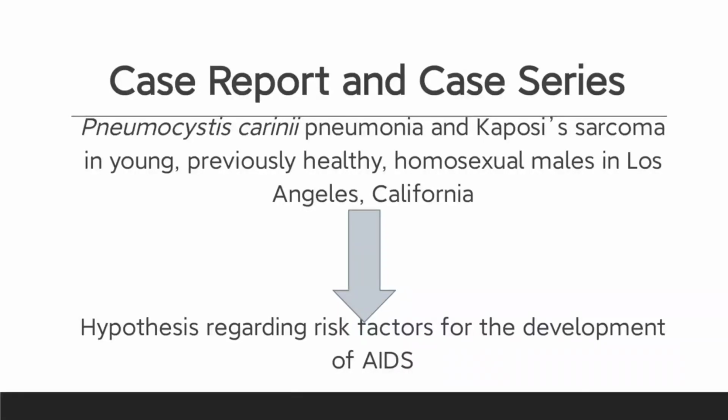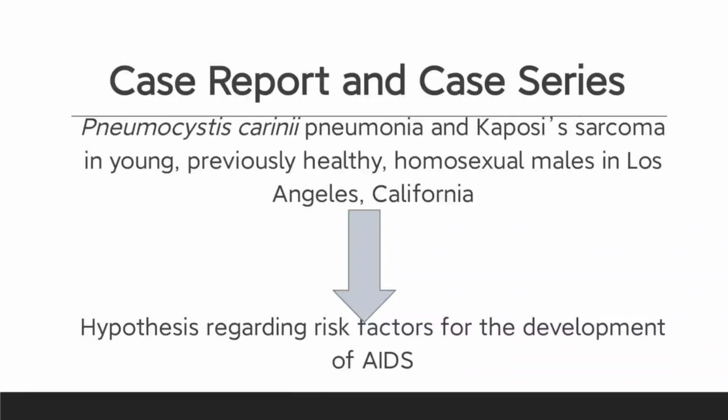Pneumocystis carinii pneumonia, and Kaposi's sarcoma. So, Kaposi's sarcoma is a type of neoplasm naman, no? And Kaposi's sarcoma in young, previously healthy homosexual males in Los Angeles, California. So, bakit naging case report to or case series? See, because back then, 1980s, noong 1980s, the PCP or yung Pneumocystis carinii pneumonia and Kaposi's sarcoma would only tend to show